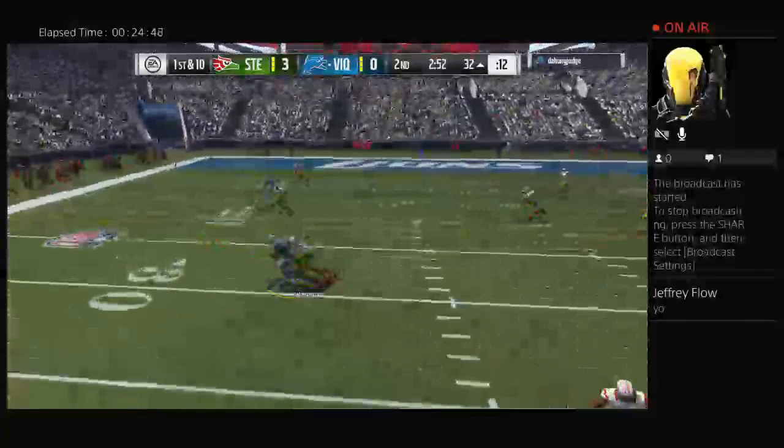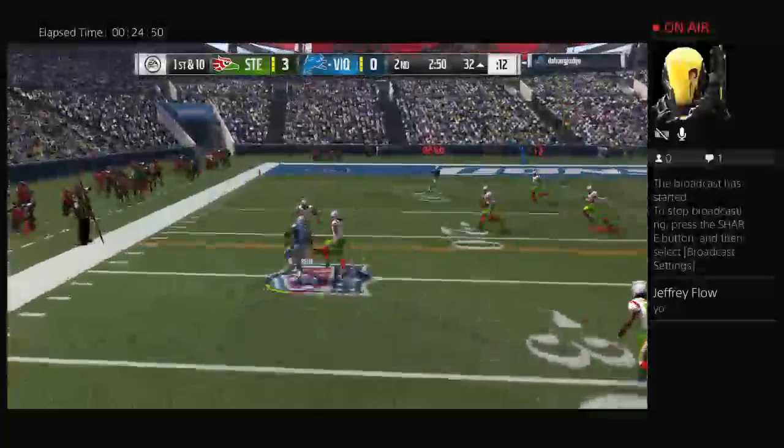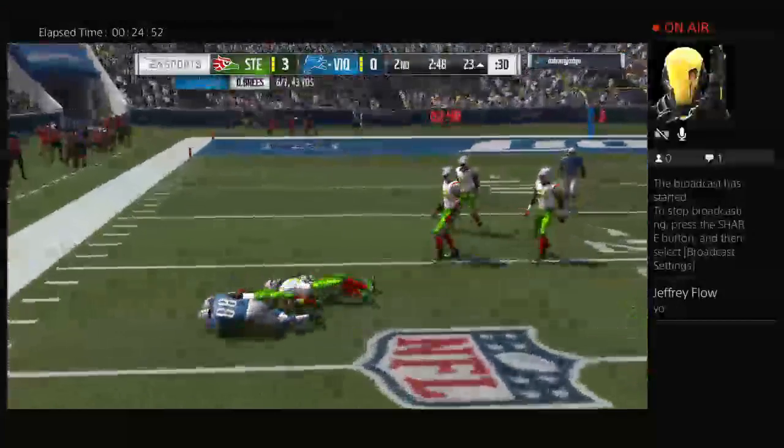Breeze now to throw. And over the middle to the tight end, Bennett. And able to break one tackle, but then